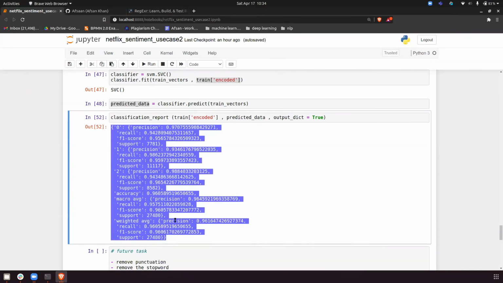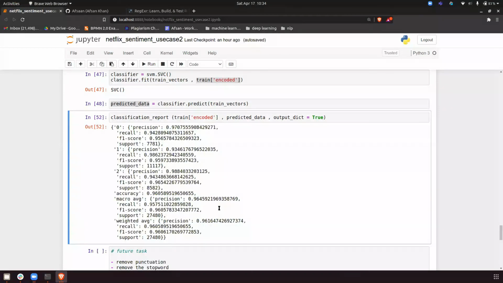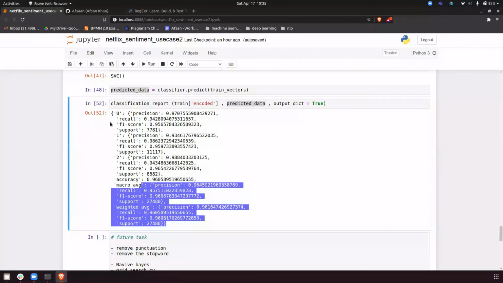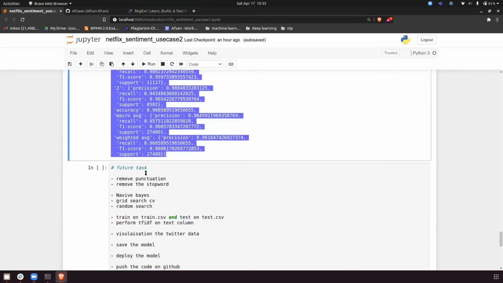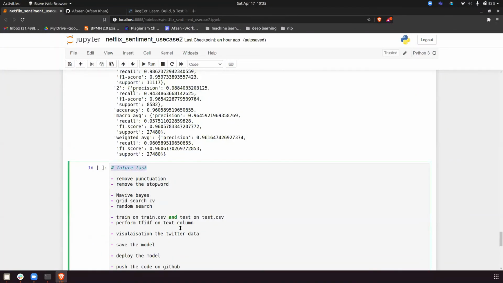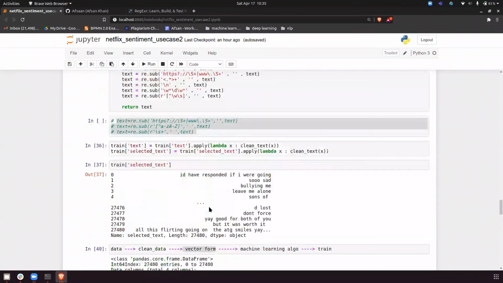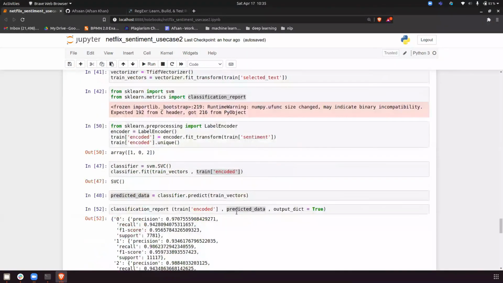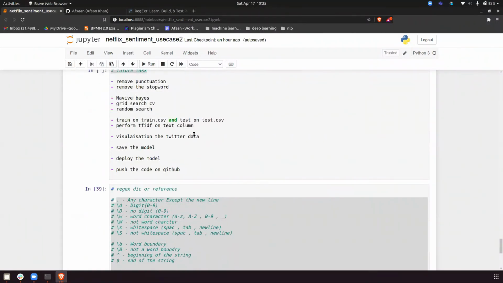Can anyone tell me why? We are testing on trained data again. Yes, because we are testing on train data. So this is not a correct way. This is just to show you that if you have done prediction on test data, you can go this way and then check the accuracy. This is given as a future task. I'm not giving that because in text data also you have to clean the text, so you can practice this. You can practice the regex. That's why I'm not doing everything for you. You have to do everything on the test data also.